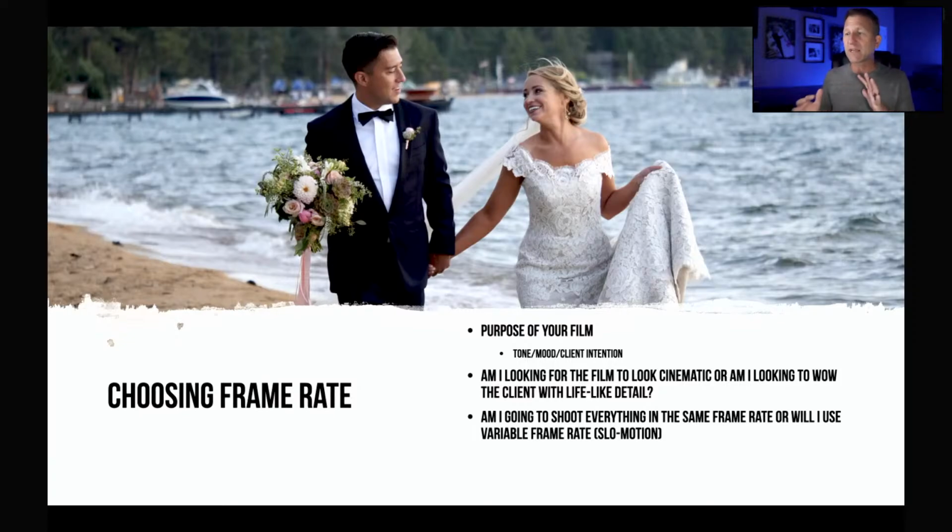When I do weddings, I'm not going to do a lot of speed ramping. I want to show my clients in camera some of the slow motion shots that I've gotten so that I can kind of wow them along the way and make them really big fans before I even send them a finished edit. Because then they're expecting something great. They already are excited about it. It's really fun. So I shoot all my weddings 24 frames and then 60 frames, 4K 60 variable frame rate,